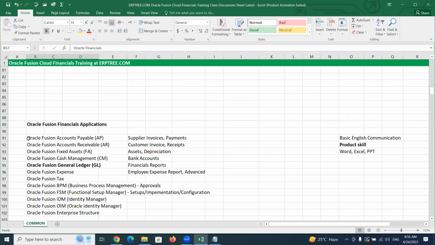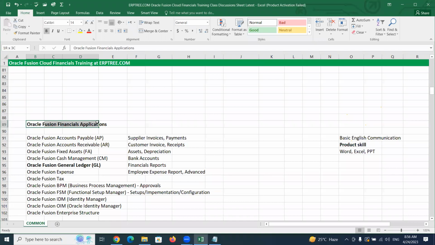Within the financials, there are core, main, primary applications. Those are 5 applications. Within the Oracle Fusion Financials applications, we have not yet discussed the meaning of Fusion. We have not yet discussed the meaning of cloud. If you look at the course name, Oracle Fusion Cloud Financials applications, we have to discuss the meaning of Fusion and cloud. We'll discuss it after some time. Now we are focusing on the meaning of financials, and what we are going to learn from this course.